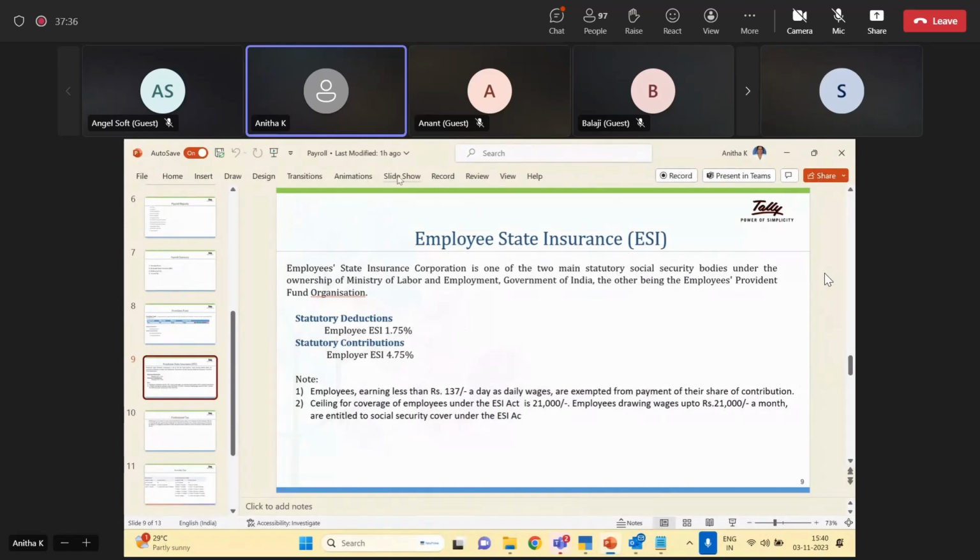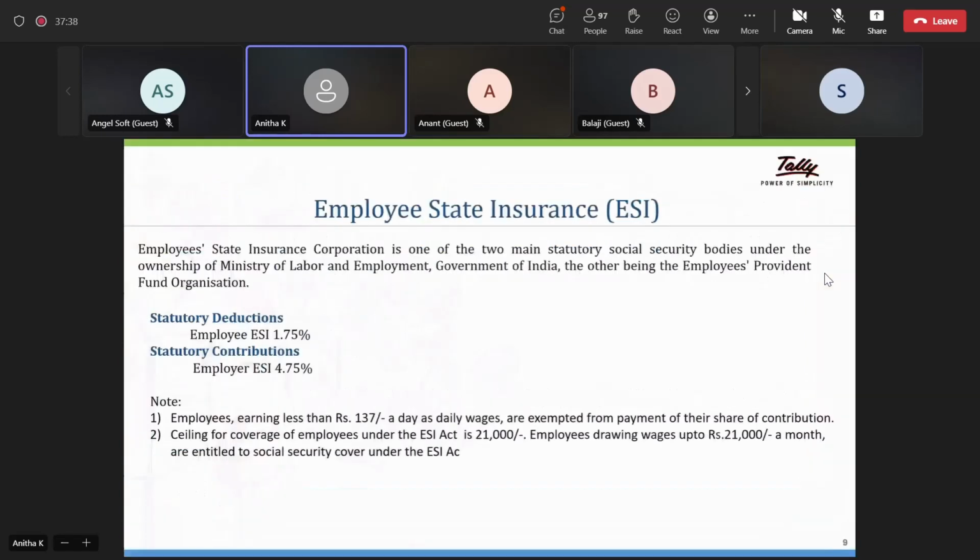So next one is about ESI, Employee State Insurance. Employee State Insurance is one of the two main statutory social security bodies under the Ministry of Labour and Employment, Government of India. The other one is the Employee Provident Fund. So for employees, these two are the social security bodies from the Government of India. First one was PF and the second one is ESI. In case of ESI,